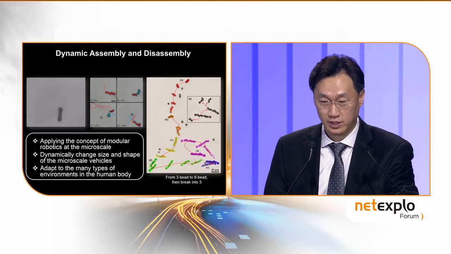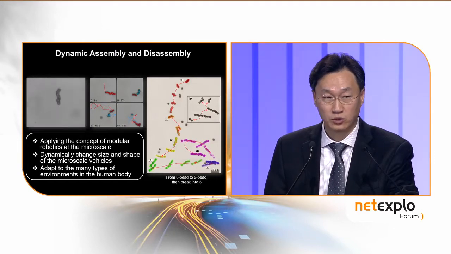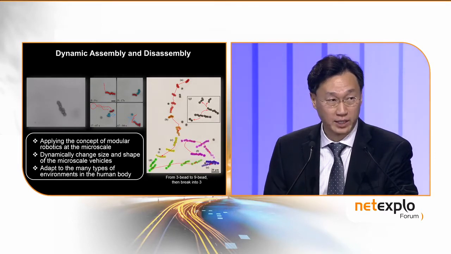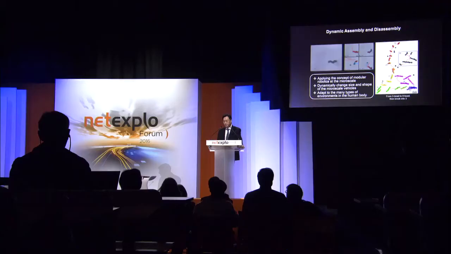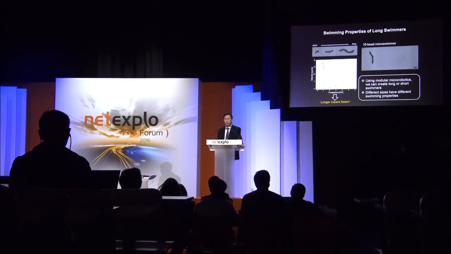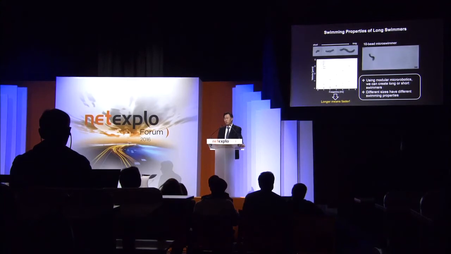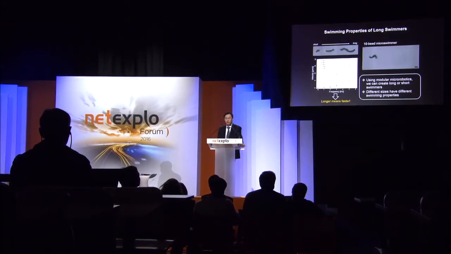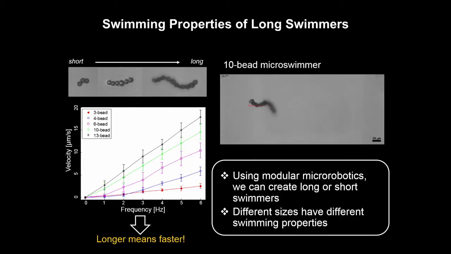Broken down to B3, 4, 2Bs. So then, as you see, we are using the undocking mechanism and also the docking mechanism to make it transformable. And also we realize that the more particles, the faster the velocity of the microswimmer. So in order to create more powerful, deep penetration in the tissue construct, we just fully utilize this